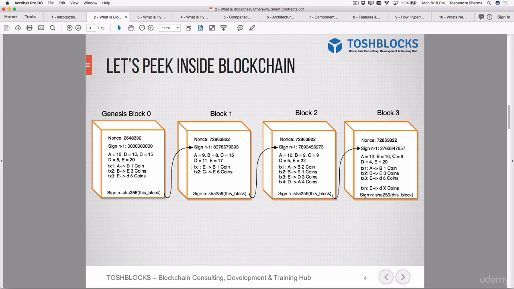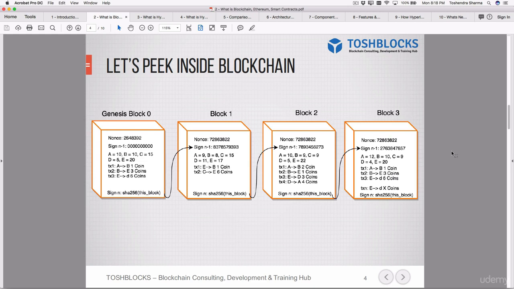Here, as you can see, if a blockchain is built in this way, and you want to tamper with, let's say, transaction 1 of block 1, where E is transferring B one coin, and you want to put it as 0 or something else, then changing a single bit over here will change the signature of this block, which is automatically embedded in the next block. It means if you change this, the next block will no longer be linked, and the whole upcoming blockchain will be invalidated.